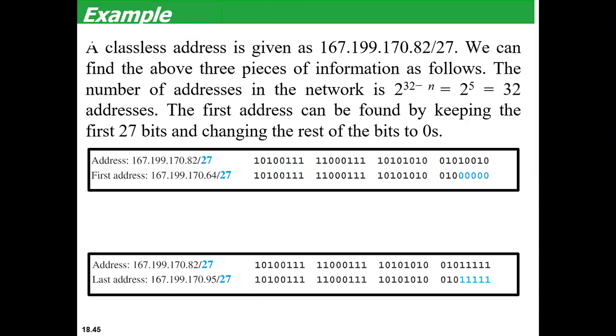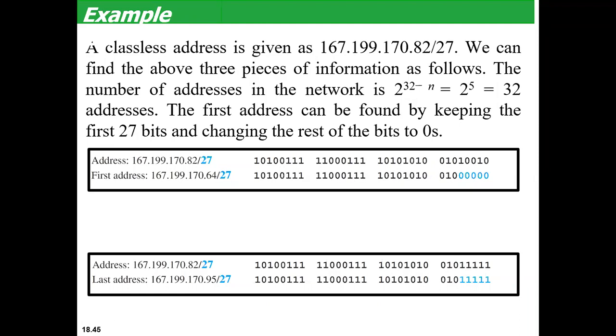So I was also telling regarding this, correct? If you want to get the number of addresses in the network, use this formula, that is 2 power 32 minus n, correct? If you want to get the first address, what are we doing? We keep the first n bits as they are, and the remaining bits we fill with zeros. The same happens with the last address. How are we getting the last address? Just instead of zeros, fill it with ones. That is what we were doing in getting the information from any given address.